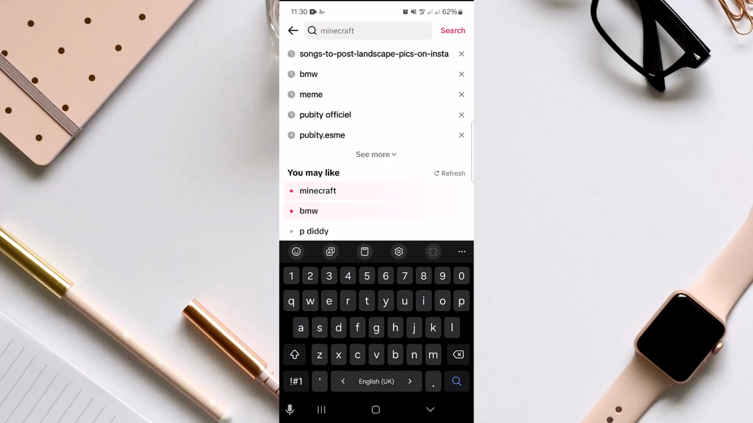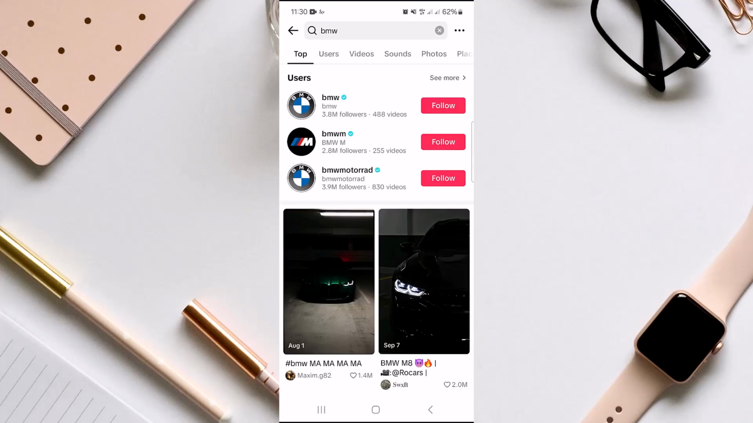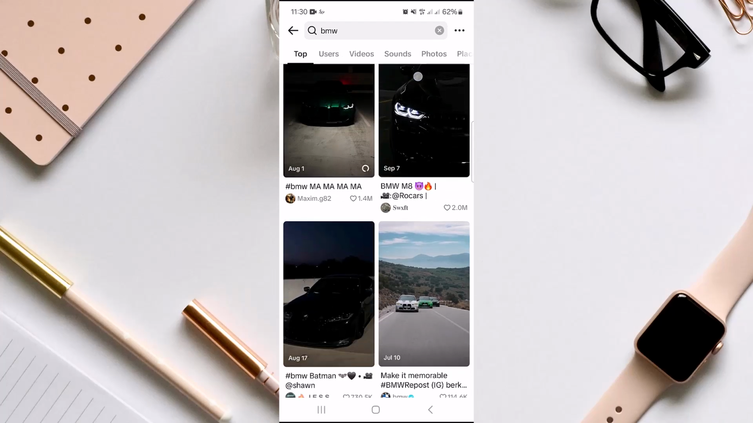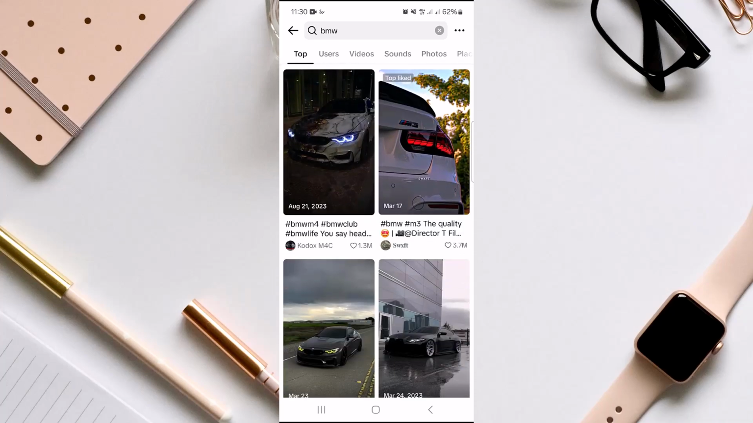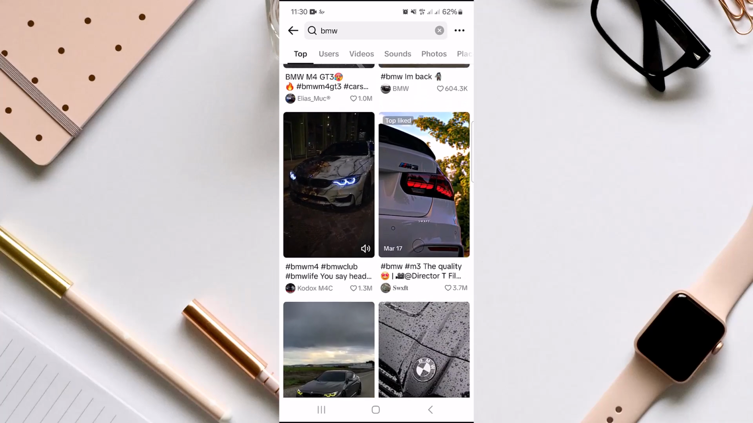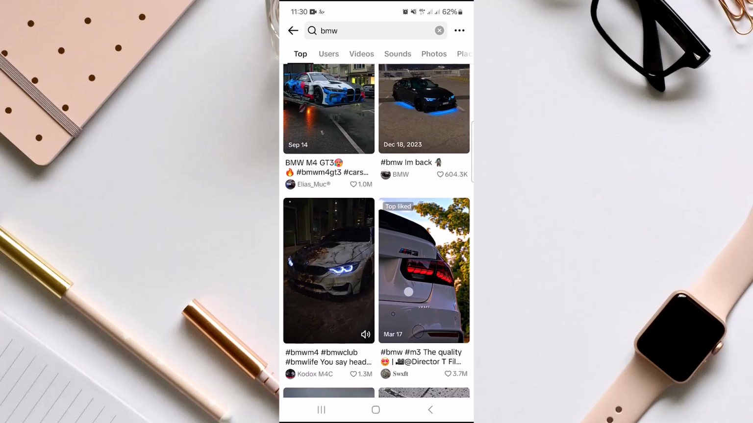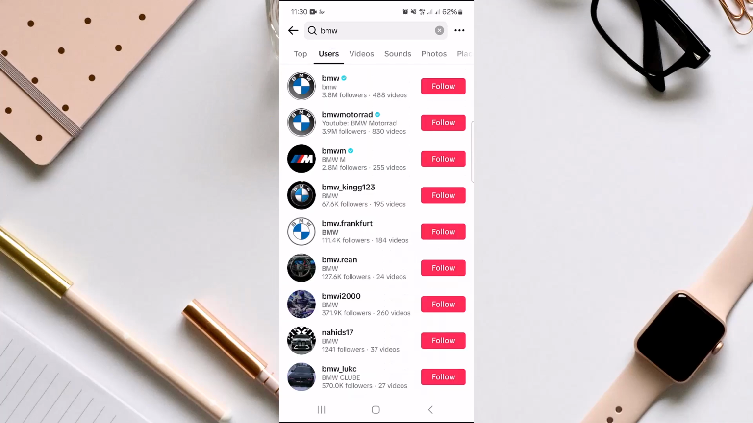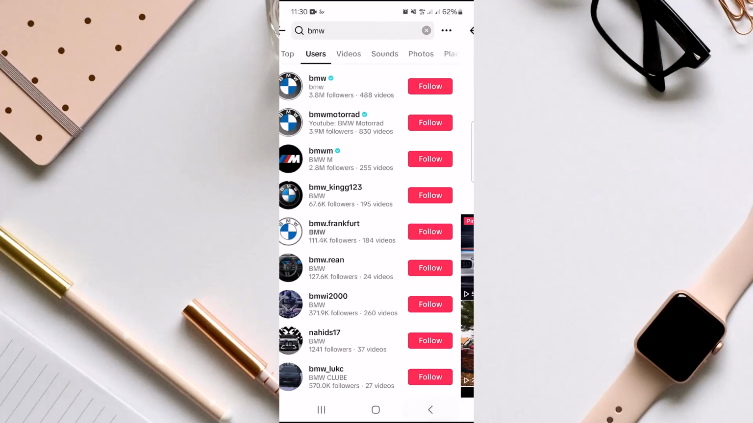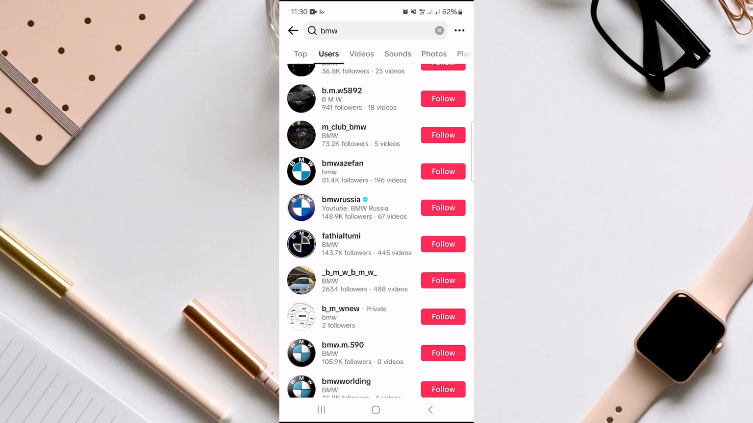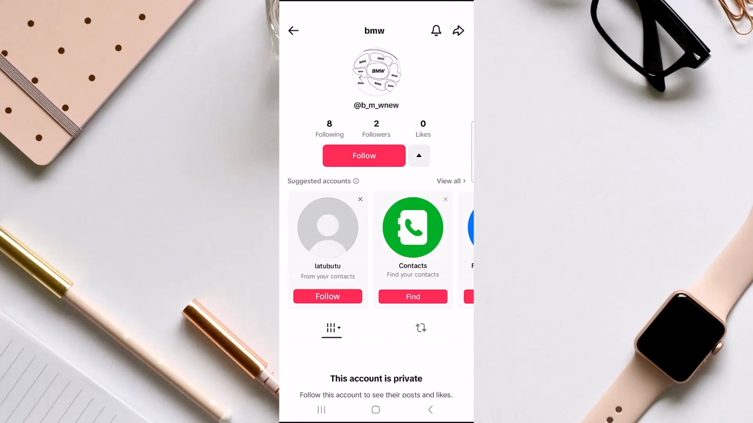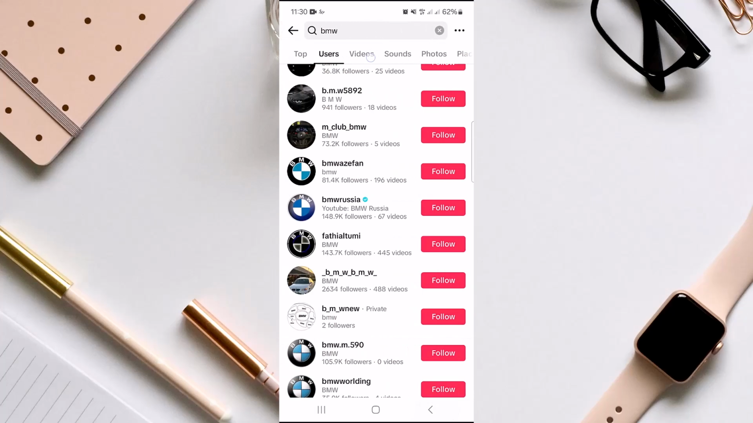or search icon and search for any option, and here you will be able to find lots of private accounts, and here you will see that some accounts are also tagged, and here in the user section some are private accounts and you can see, and some are public accounts. So this is it, these are private, and to view it you just need to go to videos or sounds